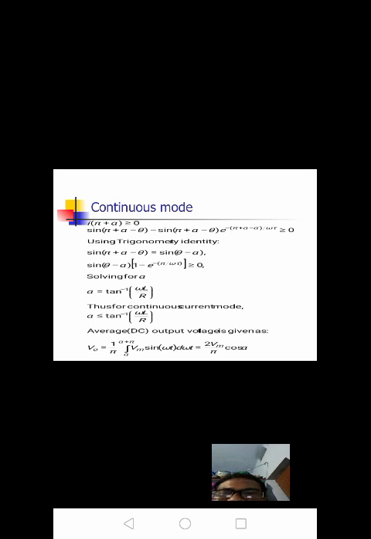For continuous operation, the current at omega t equal to pi plus alpha must be greater than 0. We will get an operation where the value must be greater than 0. I of omega t at pi plus alpha should be greater than 0: sin of pi plus alpha minus theta minus sin of alpha minus theta into e power minus of pi by omega tau, greater than 0.